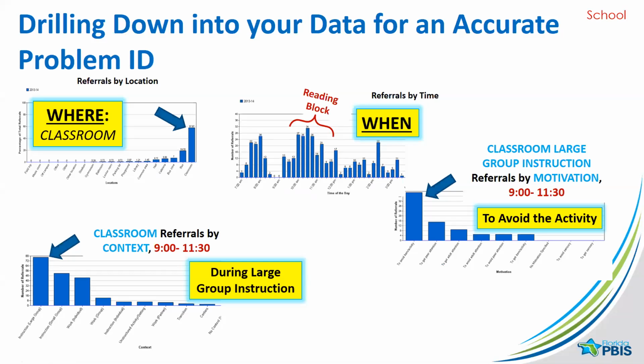So knowing that there could be some subgroups that we want to take a closer look at, we also could start to dig into some other data sources to get a sense of some of the patterns of our referrals for this particular month that we're looking at our data. Now, these are reports that you're not going to find in our PBSES system. These are the kinds of reports that you can find through our RTIB database. And so we're going to highlight for you some of those examples and show you how you could use that information to begin developing a priority for problem ID.